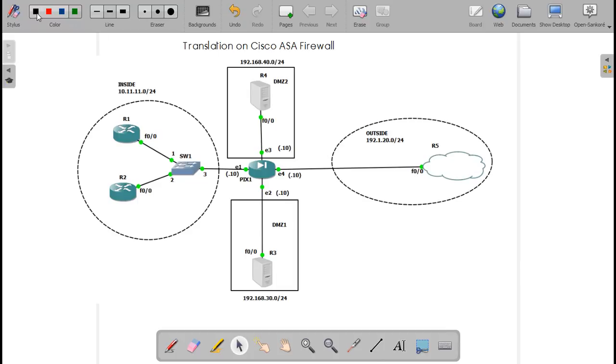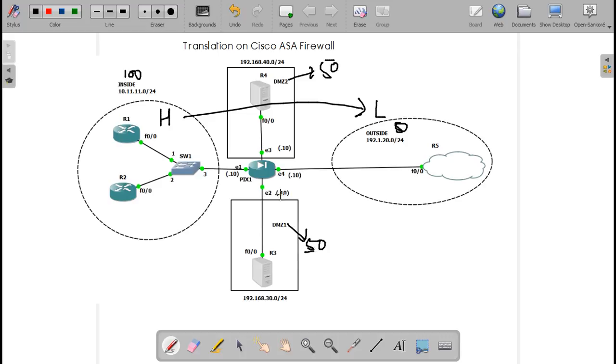Fine. Now the aim is this. Suppose the normal situation is there. You know rule 1, you know rule 2. Rule 1 says that any traffic can go from a high security level to a low security level. Your inside is at security level 100, outside is at security level 0, DMZ2 is at security level 50, and DMZ1 I am keeping at the same security level of 50.